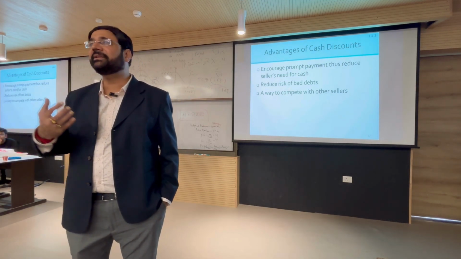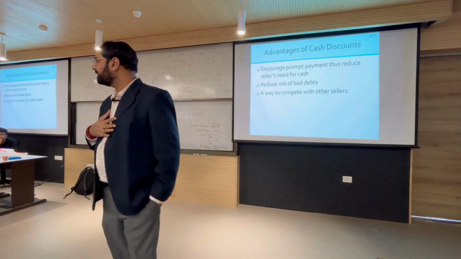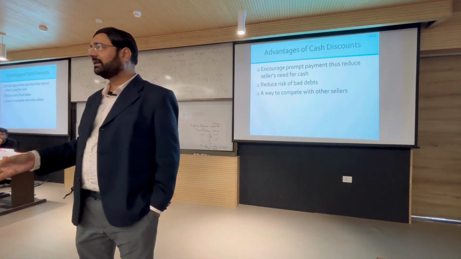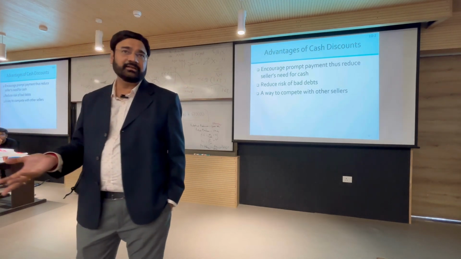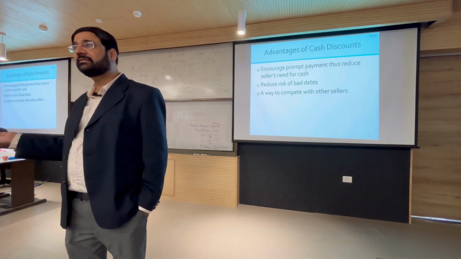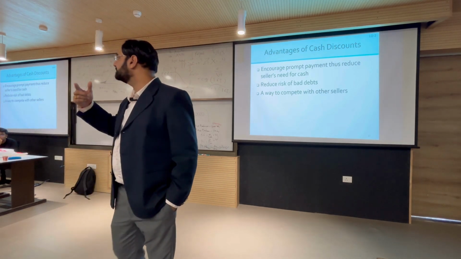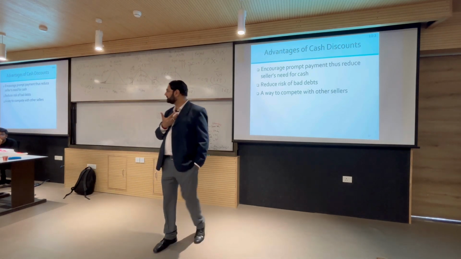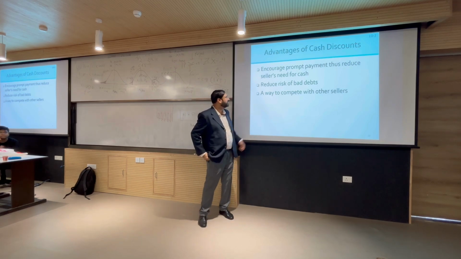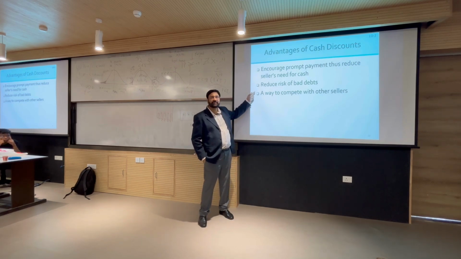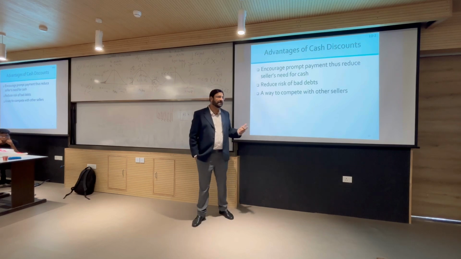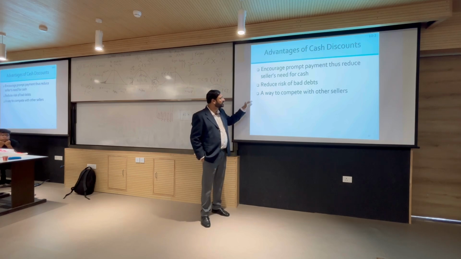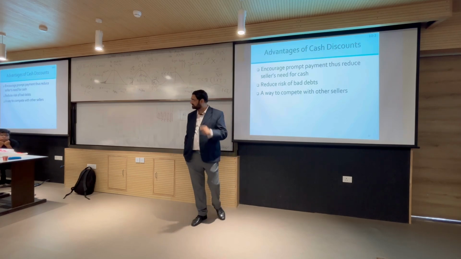If I have collected the money when he was still solvent, my interest is protected. Even though instead of 100 I got 98, I am still happy. With that 98 I can do more business. But because of future uncertainties, if he becomes bankrupt, then I am anyways gone. I am also losing a big chunk of my money. So, that is the point. If you are collecting promptly, it is also reducing the risk of future bad debts, because bad debts can happen only if the money is outstanding. If you have collected, then there is no bad debt, and it is a way to compete with other sellers also, right. Next,